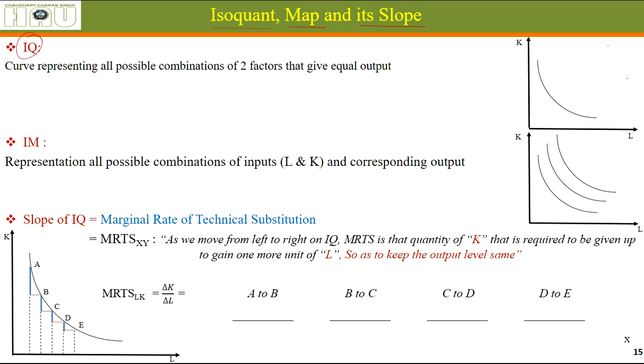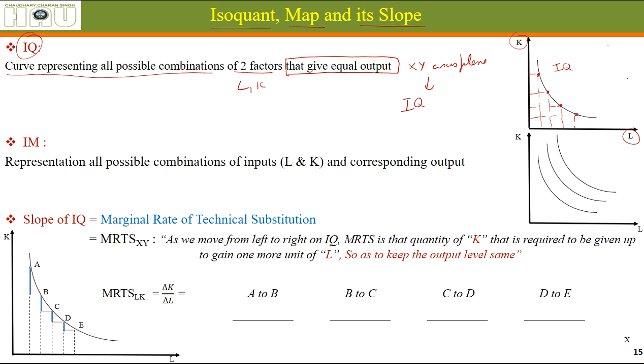What is an isoquant? An isoquant is simply, let's say, units of labor and hours available of a tractor. If we plot different combinations of these two on a 2D plane, then we'll get a convex curve which is called an isoquant. When we plot all possible combinations of two factors that give an equal level of output on an xy axis plane, what we get is an isoquant.